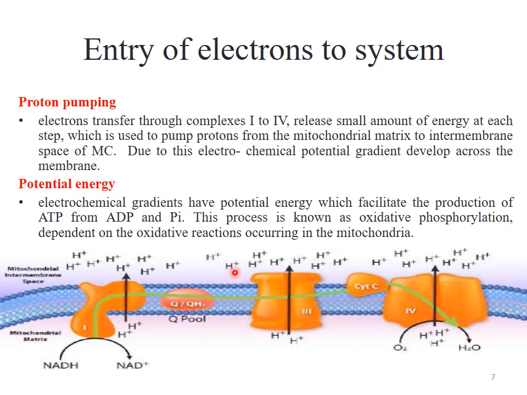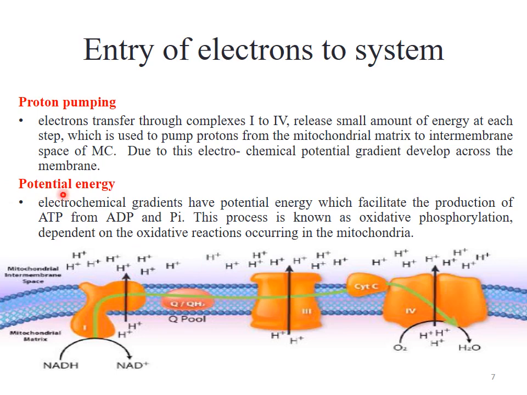And from this electrochemical gradient, as I told you, in this space, after some time, when the electron transport gets initiated in the body, the proton level will increase in the mitochondrial intermembrane space, and in the mitochondrial matrix its concentration will reduce. This will create a potential variation between these two membranes or compartments, and due to this variation in the potential, or called potential gradient, all of the process of ATP synthesis is regulated.